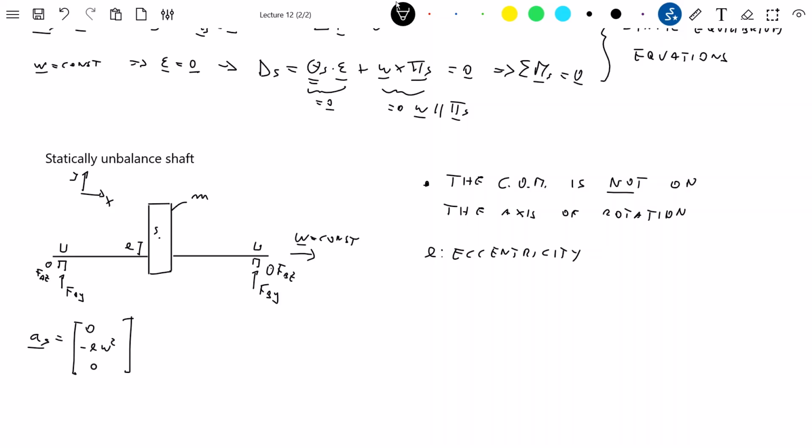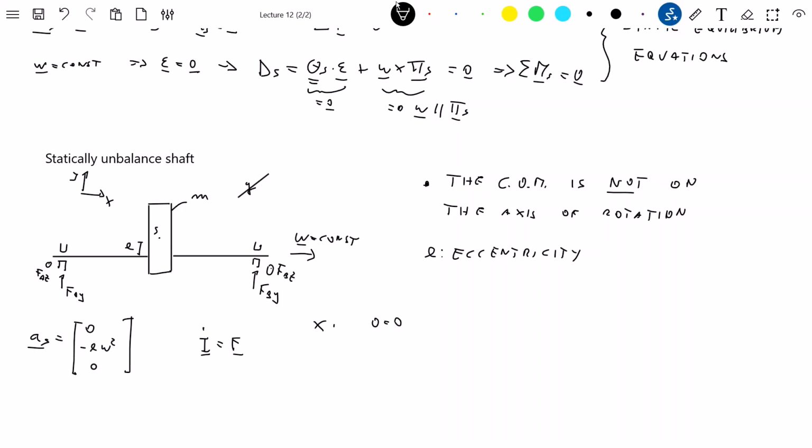Now let's apply the basic law of dynamics, m a_S is equal to F. So here we have in the x direction, and let's neglect g. Okay, g is neglected because we don't want to focus here on the effect of the acceleration of gravity, just let's see the fact that it's unbalanced. So here we have 0 equal to 0, because 0 acceleration in the x direction, 0 forces